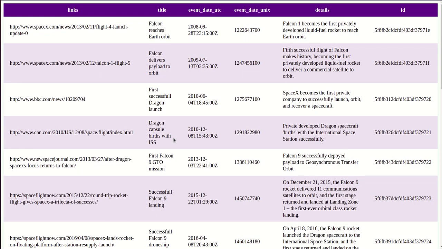Hello all. So today in this video I will show you how you can use JavaScript's fetch method to fetch the data from an API and display it into a tabular format like this. So let's get started and jump into our editor.